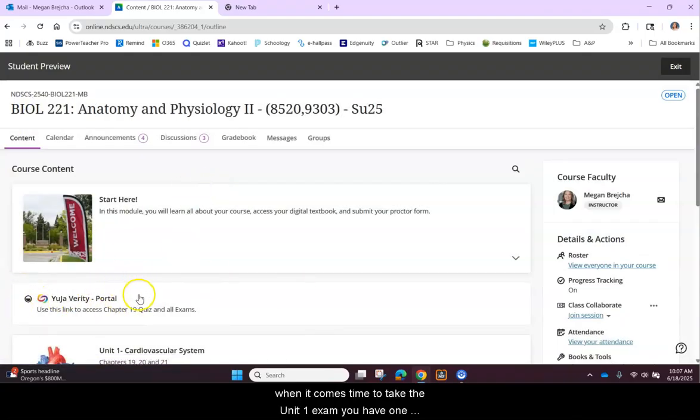Please make sure that you try this out and let me know if you have any issues, and then we'll be all set by the time we get to the first exam. All of your exams will be accessed through this same link that I will leave right there, nestled between the start here and the Unit 1 folder. If you are not using Yuja as your proctor,